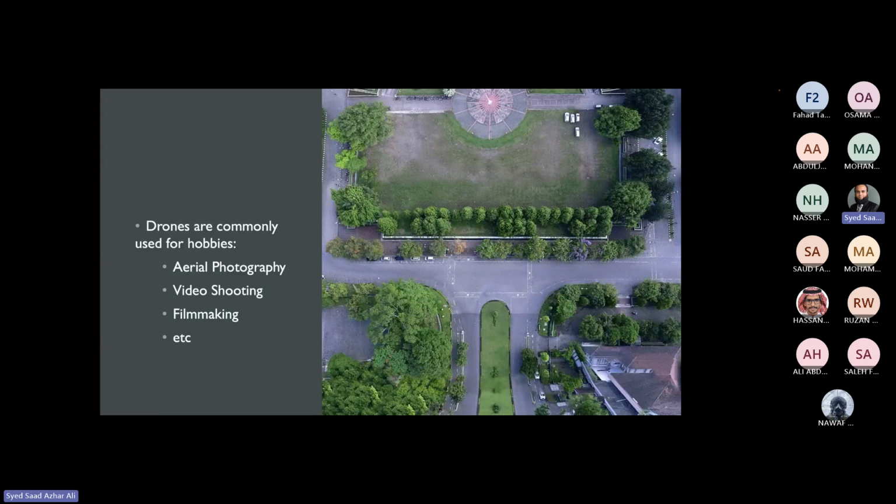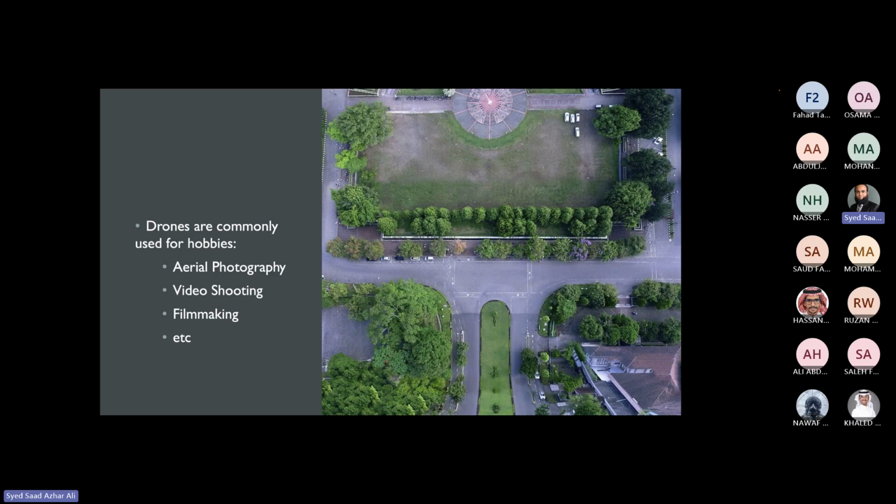The hobby ones are using aerial photography, video shooting, filmmaking. But more than that, the camera is used for other applications, including military for surveillance, or surveying for civil engineering, and so many others. So the focus of today's UAV path planning is what are the principles and practices for the imaging part, and how would you plan